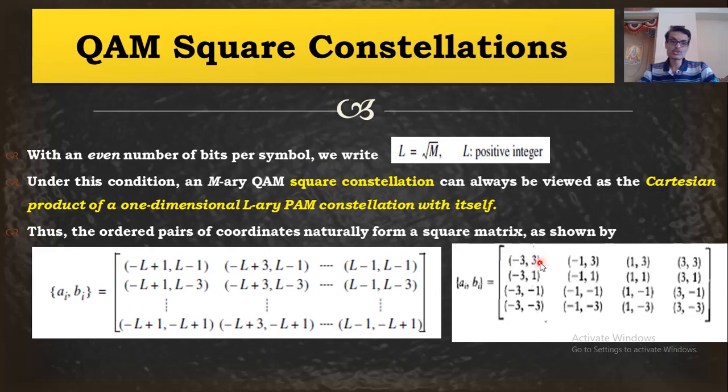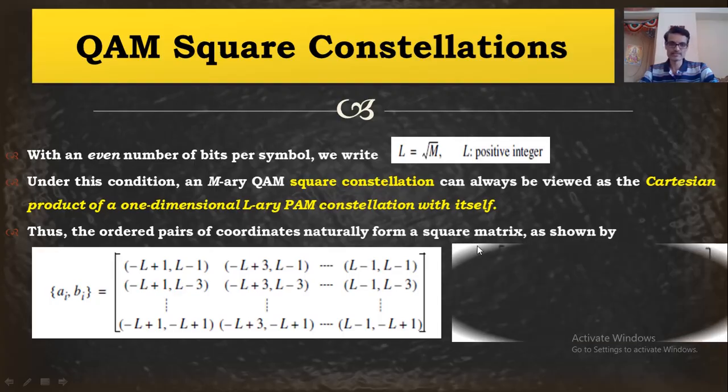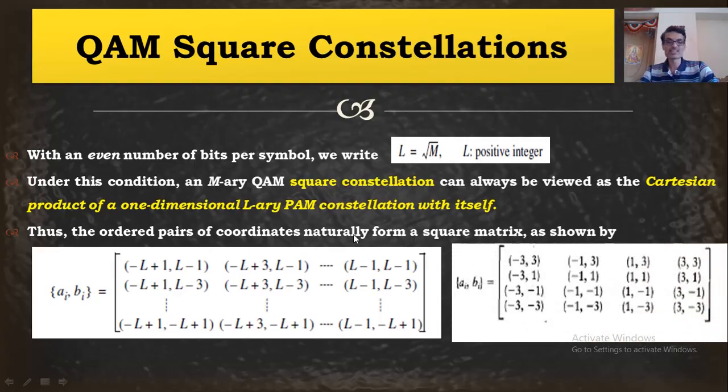Remember, I'm going to change the amplitude also in QAM. So this is the amplitude level for the first message point. The next one is maybe minus 3 and 1, minus 3 and minus 1, minus 3 and minus 3, minus 1 and 3, 1 and 3, 3 and 3, like this. So the amplitude is going to change like this for different message points in the signals. Fine. So this is the amplitude level.